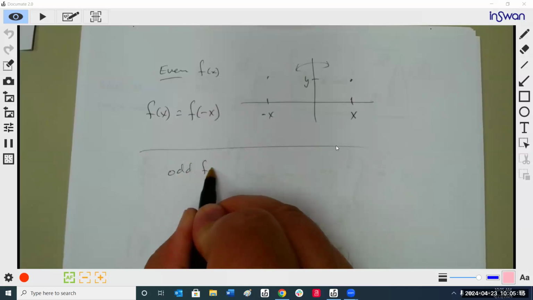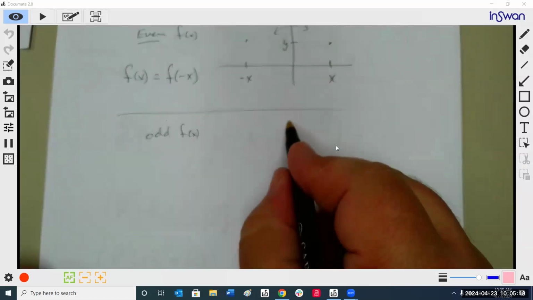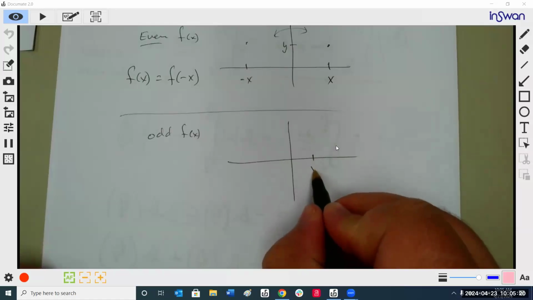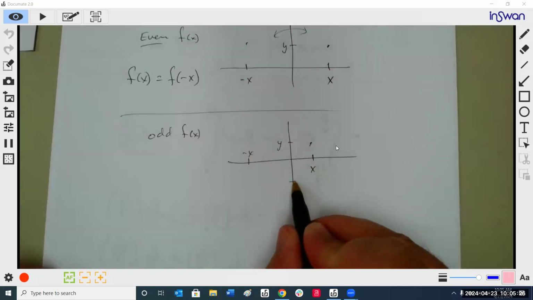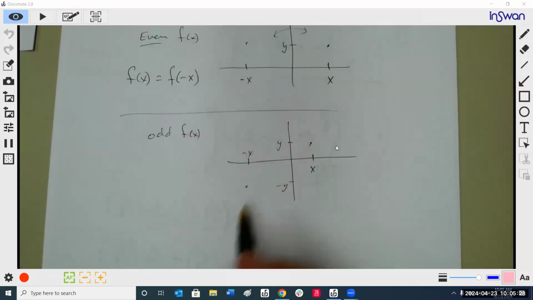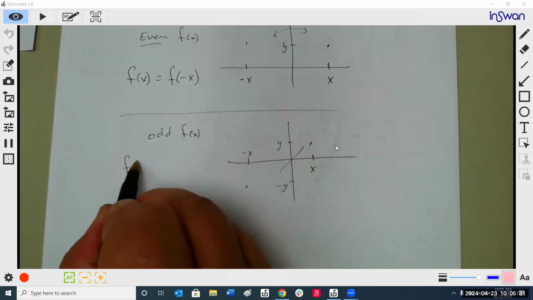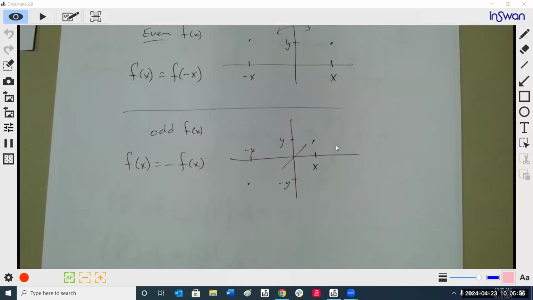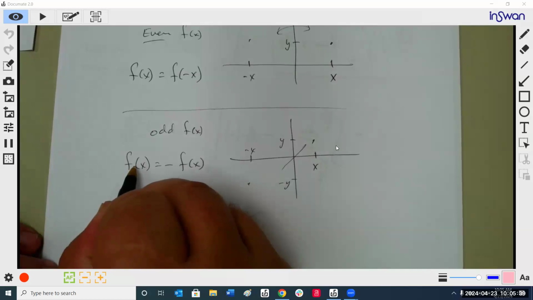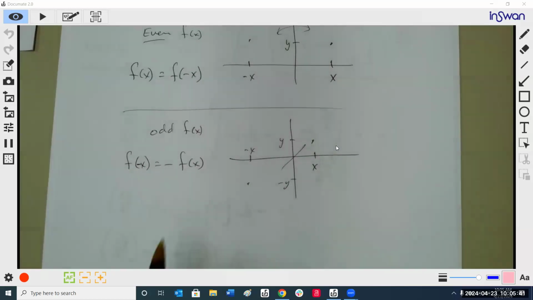An odd function, if I put a positive x, I get a positive y. If I put a negative x, I get the same negative y. It's symmetric about the origin. So if I put a negative inside there, I get the negative y value. And we'll pick up here next time. I'm so sorry, everybody. Okay. Which means we're pretty close because